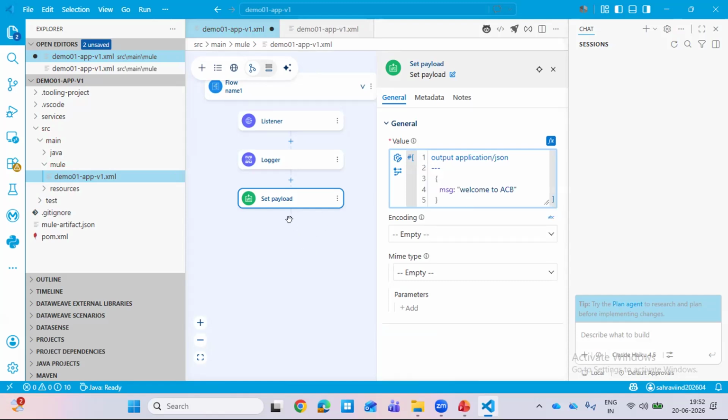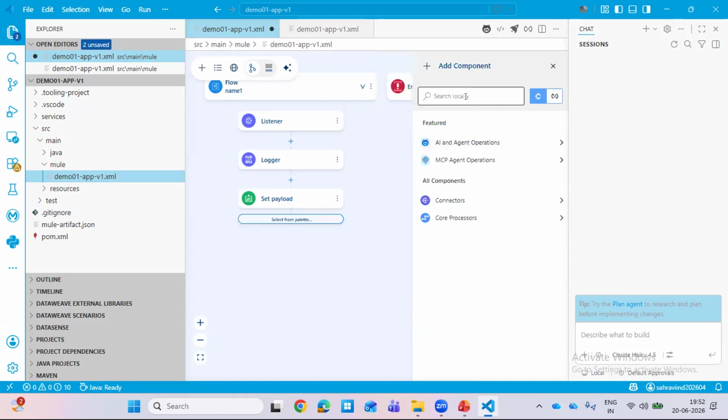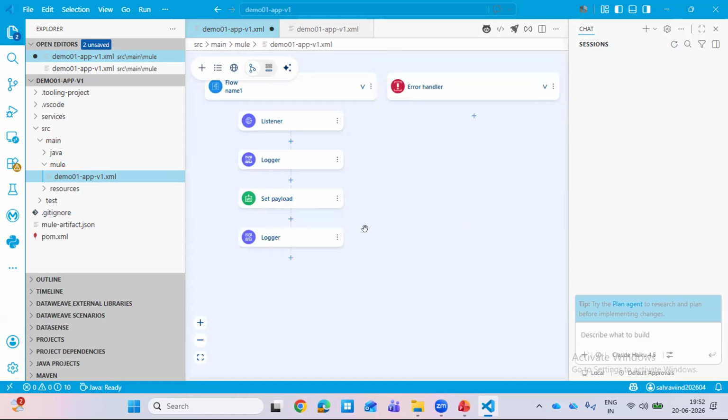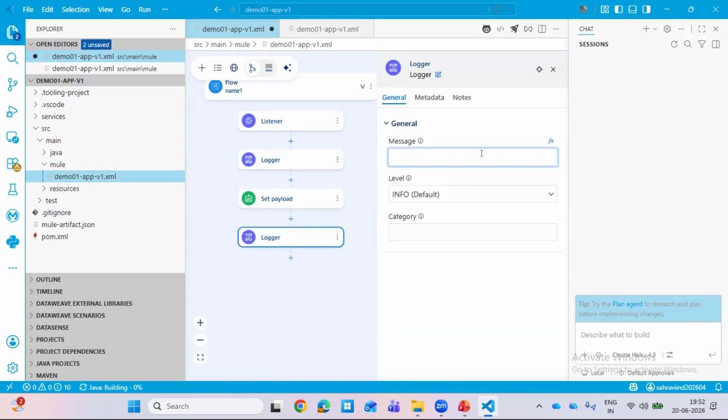Okay, now fine. And then I will go to here and put another logger component. Request